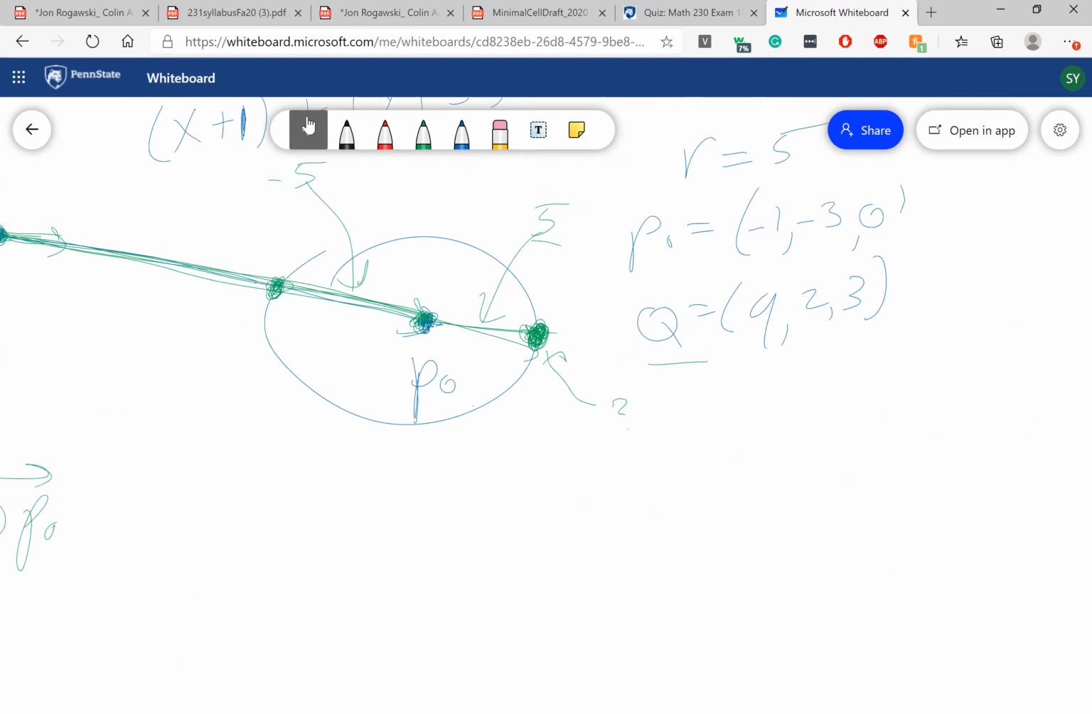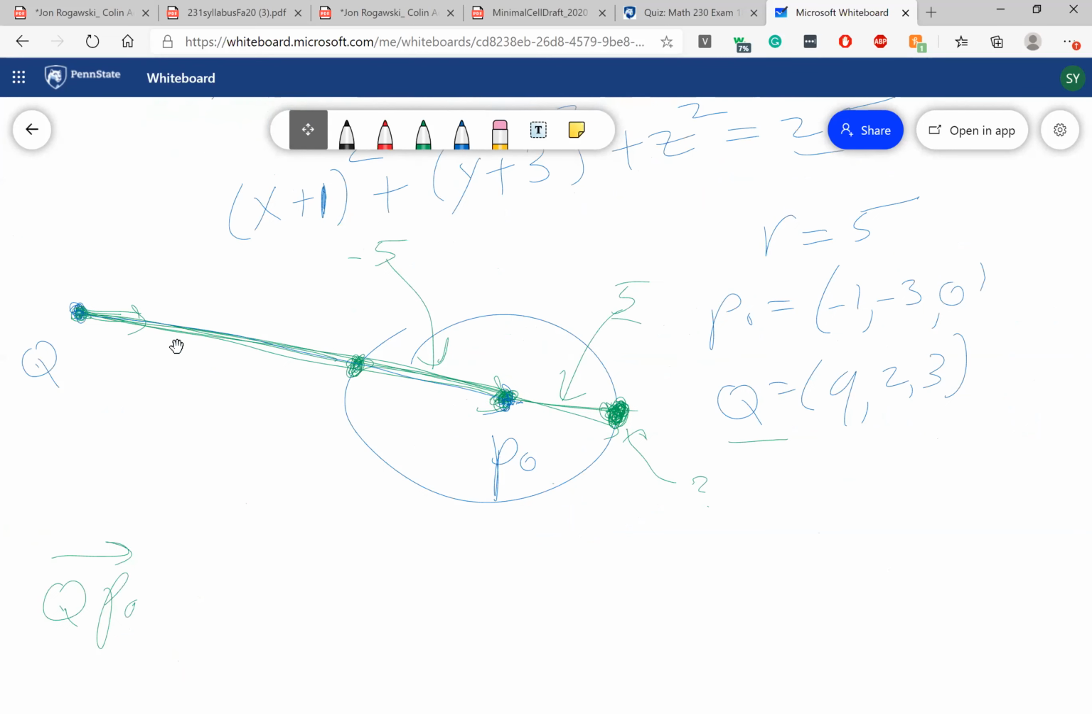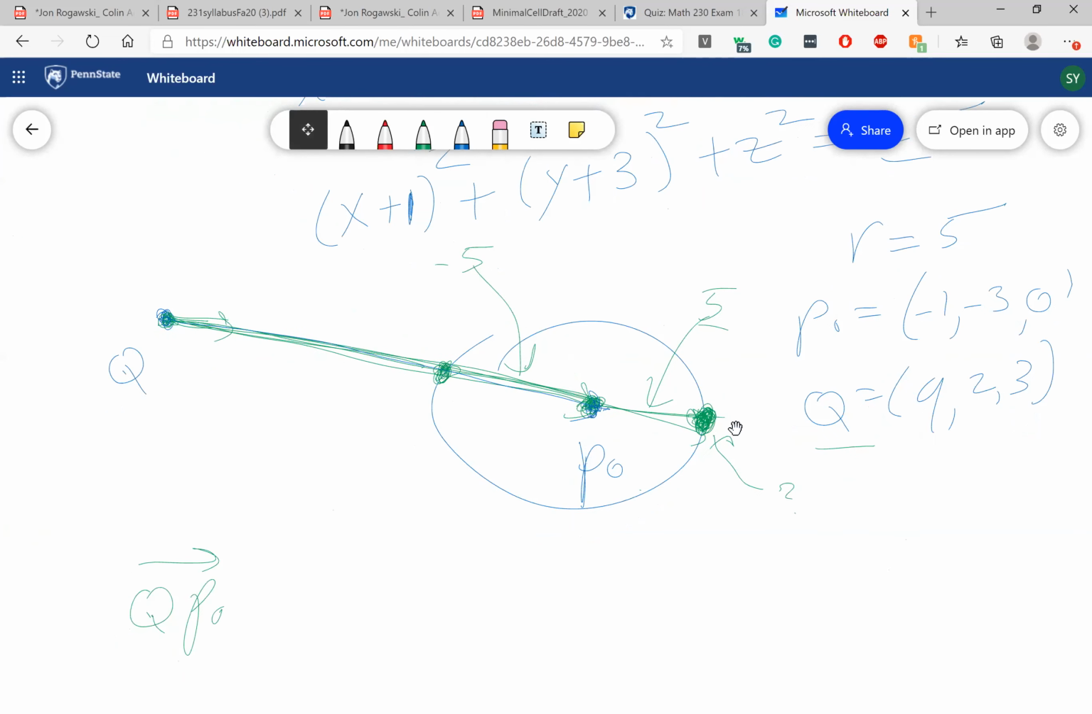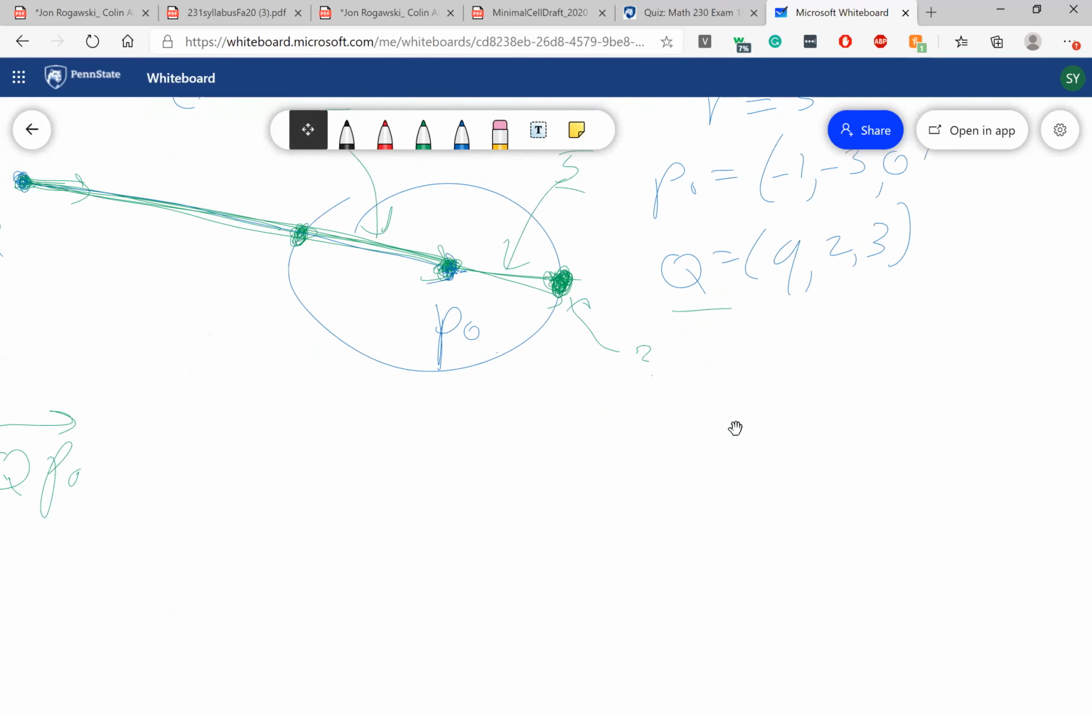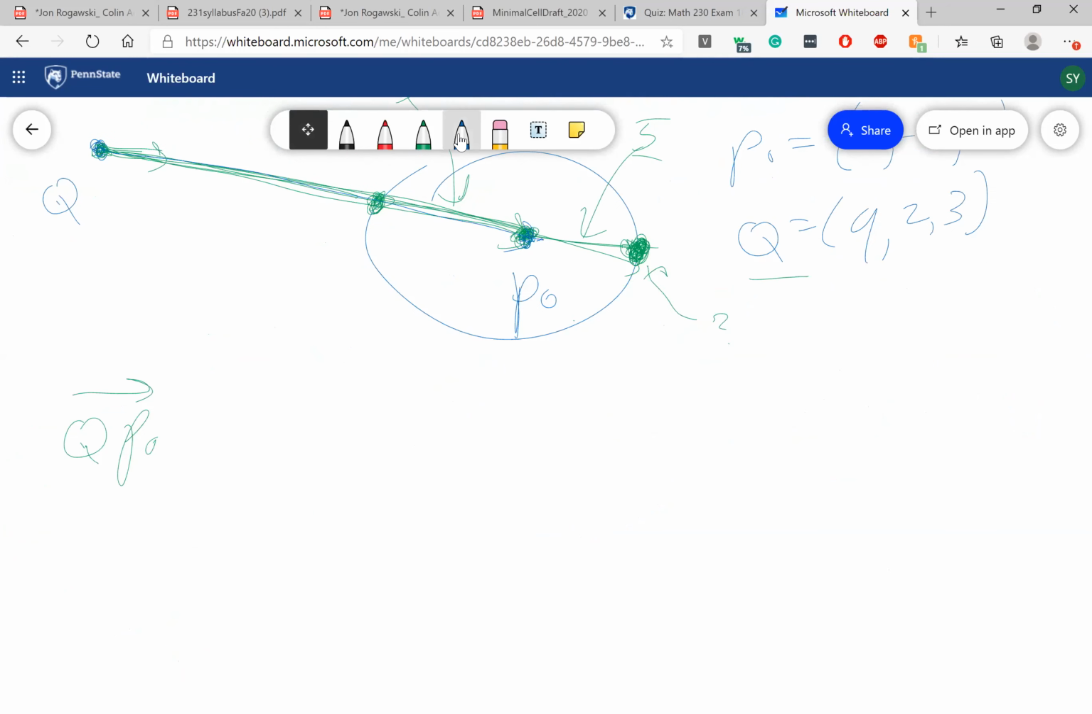So let's first start by finding the distance from Q to this point over here. First we need to start by finding the distance from Q to P0. So first we want to find the vector P0 Q. So that's going to be